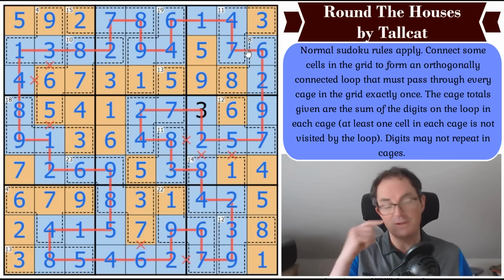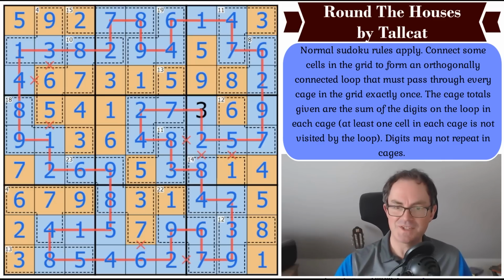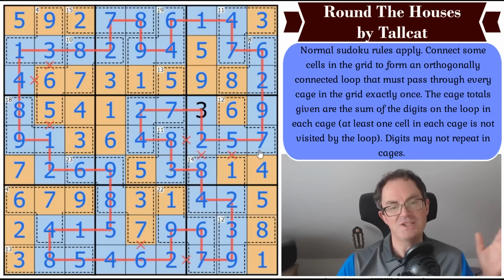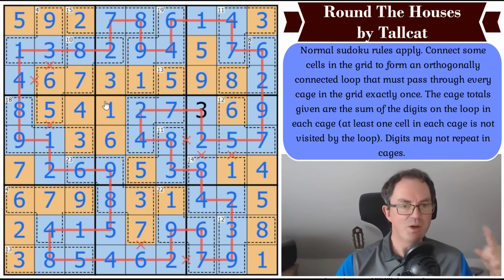Well, I loved the start. I love the fact that I actually made a mistake at the start, in the sense I didn't read the question very well, or I didn't appreciate the implication of the rules. The moment you realise that you can only enter a cage once, it becomes absolutely beautiful. For about 20 minutes, it was just gorgeous, you know, working out how the loop developed over the grid,